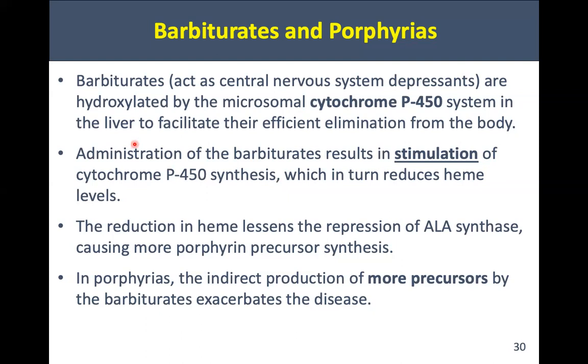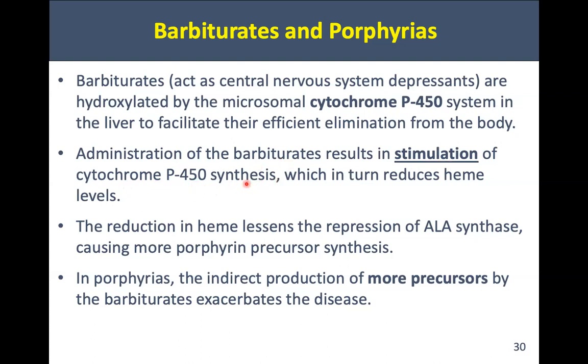Okay, so I told you before that the cytochrome P450 system is responsible for breaking down certain drugs or stuff like that. An example of a certain class of drugs that need to be broken down by the cytochrome P450 system is barbiturates. Okay, so barbiturates are a class of drugs that are metabolized by the cytochrome P450 system. And what that means is that the barbiturates are going to stimulate the cytochrome P450